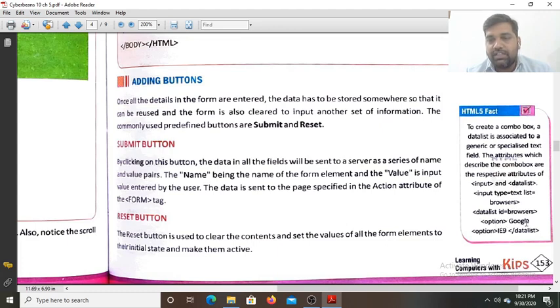Option, you can use here Google. Option, you can give here the list of the browser names you are going to create. That is the combo list. Input type equals to text, list equals to browsers, and data list ID is given to the browsers and all the options. Here we are not going to use the select. Here you are using the HTML5 data list. In place of select in HTML5, you are going to write data list, and in place of name you are using ID equals to browsers.